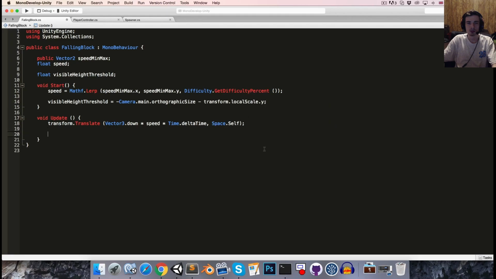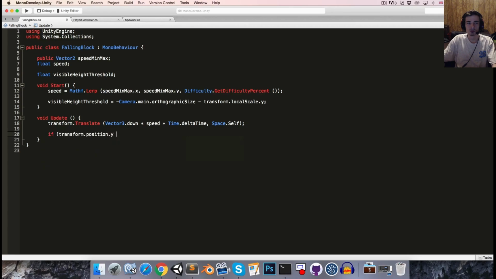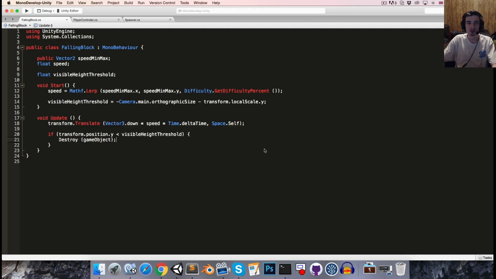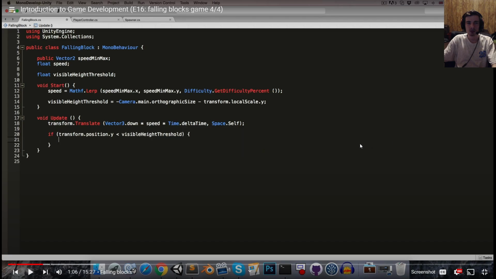Then in the update method, we can check if the block's position has fallen below that visible height threshold. So if transform.position on the y-axis is less than the visible height threshold, then we want to destroy the falling block. So we can simply say destroy game object. So if we save that now,